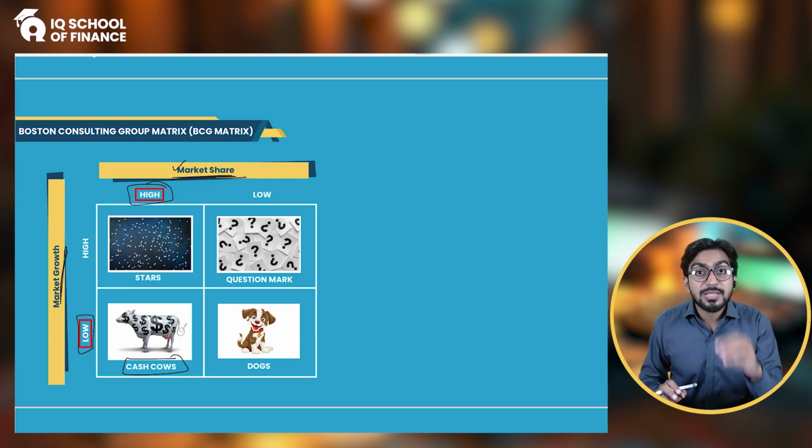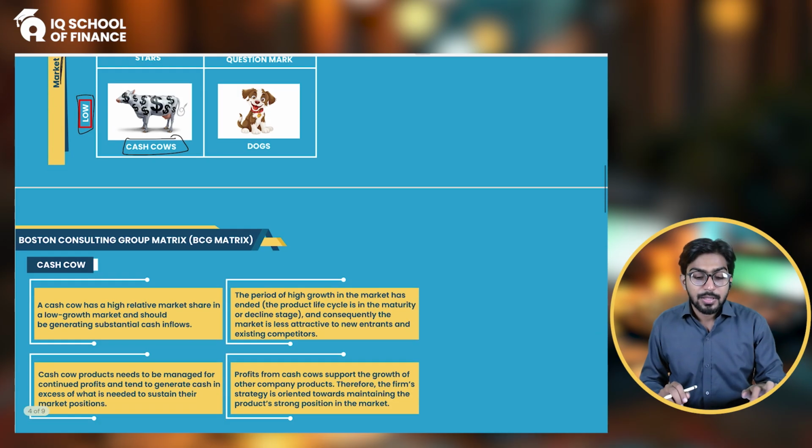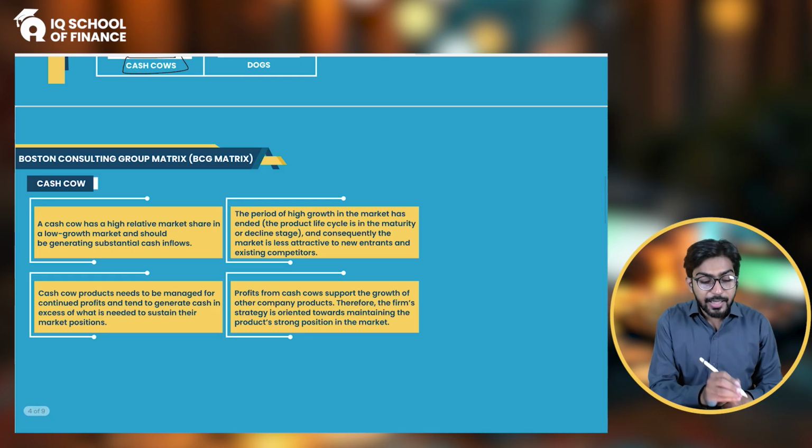That is why the BCG matrix says do not incur too much cost on this product. This is your cash cow. Try to harvest, try to take the cash from it. All right, now let's read it. In cash cow,